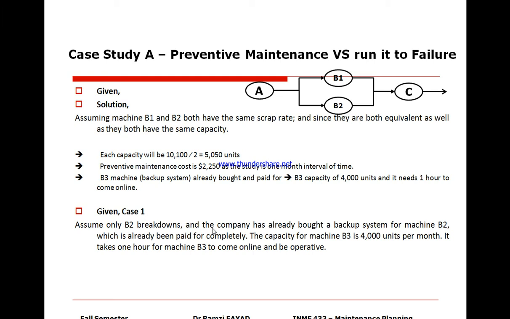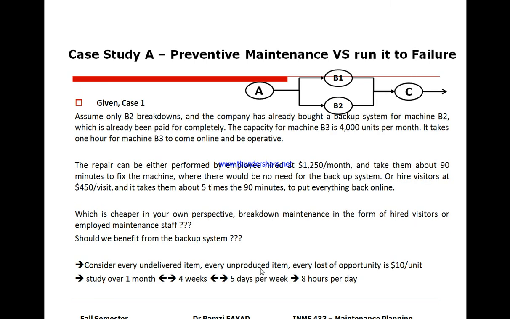Assume only B2 breaks down, and the company has already bought a backup system for machine B2, which has been paid for completely. As we said, it's machine B3. It takes 1 hour for the machine to come online and be operative. The repair can be easily performed by an employee hired at $1,250 per month, taking about 90 minutes to fix the machine, with no need for the backup system, or by hired visitors at $450 per visit, taking about 5 times the 90 minutes to